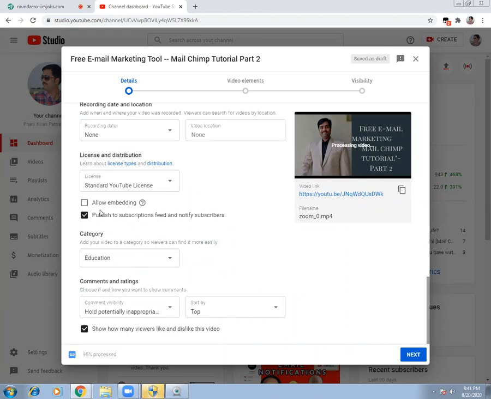So once you actually do it, always select this as hold potentially inappropriate content and sort it on top. And that means if any inappropriate content is there, then you will get an opportunity to review it and approve it. Only if you approve it, that will be posted. For example, somebody is just sending some wrong, maybe porn site email addresses or links or anything in the comment section of my video.